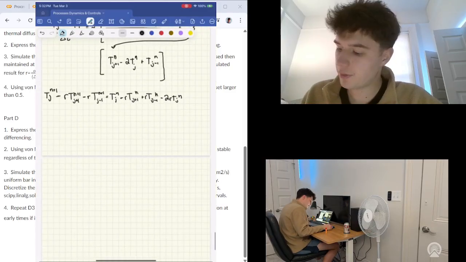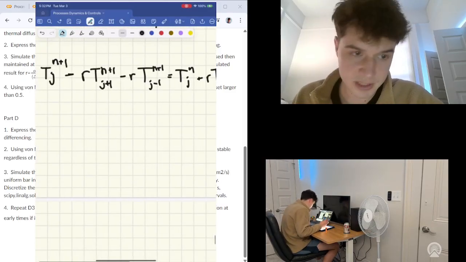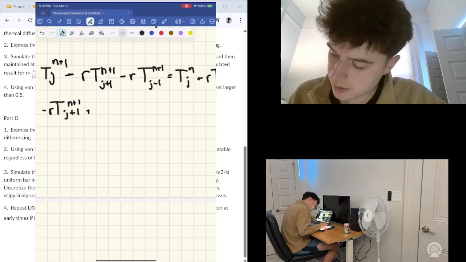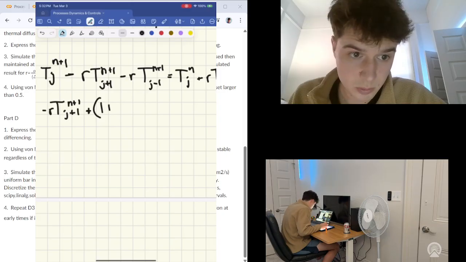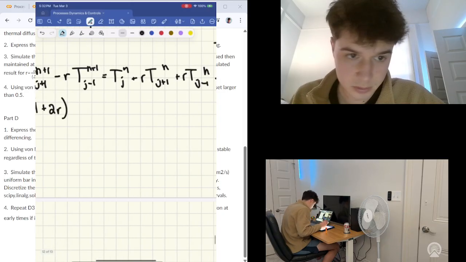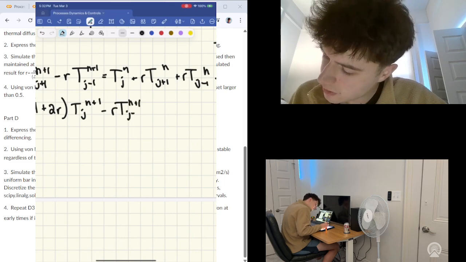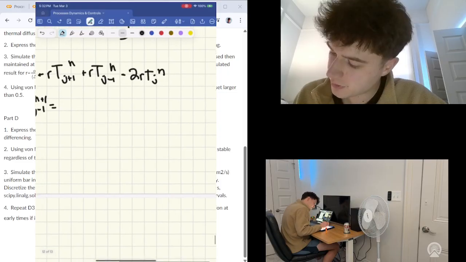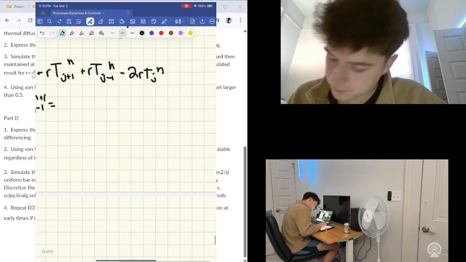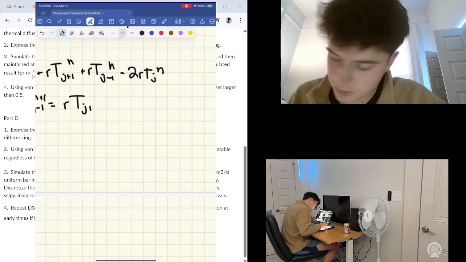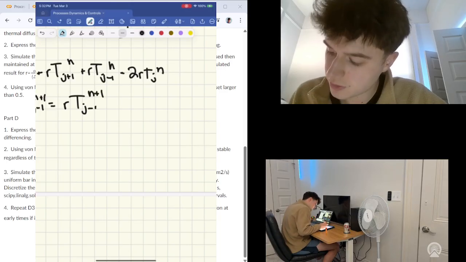So we have this, and now we're going to combine some like terms into an equation that looks like this. Negative r T_(j+1)^(n+1) plus parentheses 1 plus 2r multiplied by T_j^(n+1) minus r T_(j-1)^(n+1) is going to be equal to